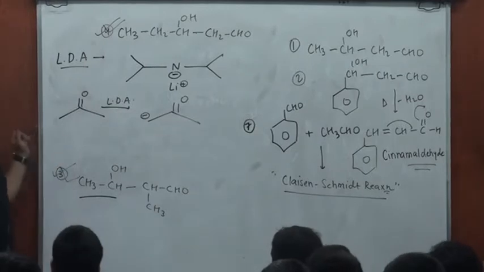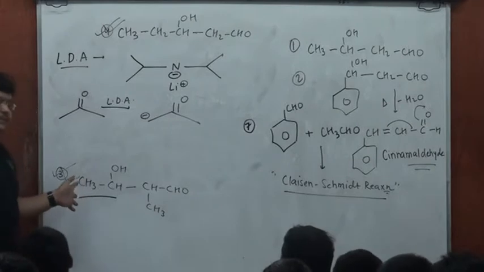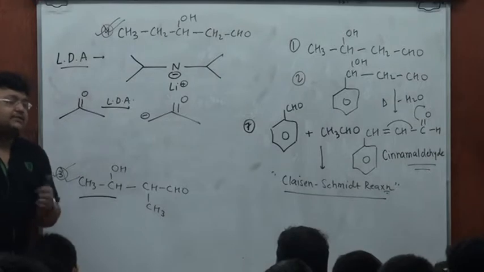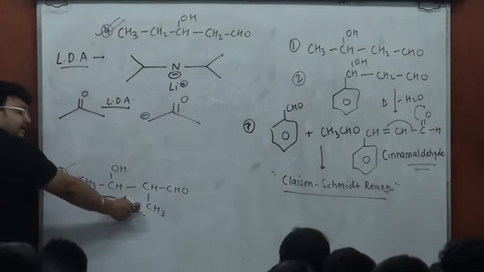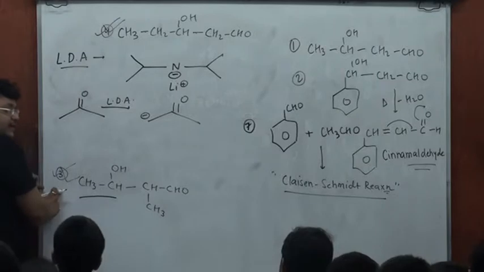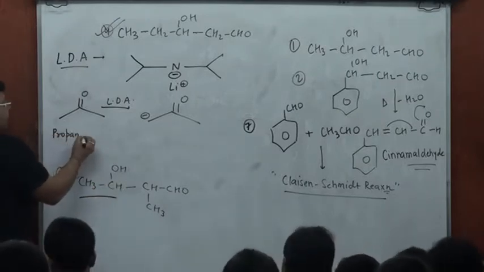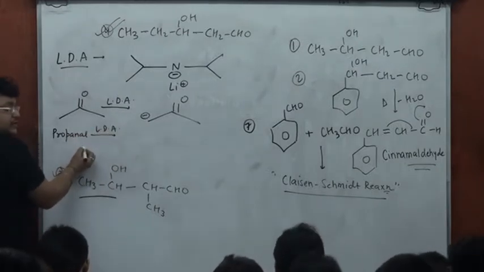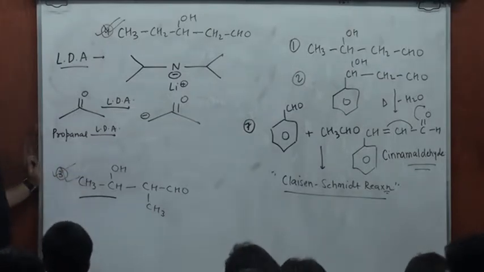I want either 3 or 4, and suppose I want 3 exclusively. I want only this crossed aldol. Don't you think the sequence of reactions should be, because I want all of propanol to act as the nucleophile, I don't want propanol to act as the acceptor. Don't you think to get 3, the sequence of reactions should be, I'll take propanol and I'll add LDA to it. I'll convert all propanol molecules to the corresponding nucleophile. Yes or no?